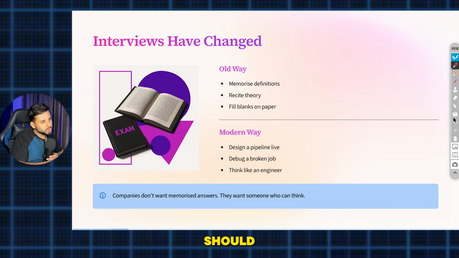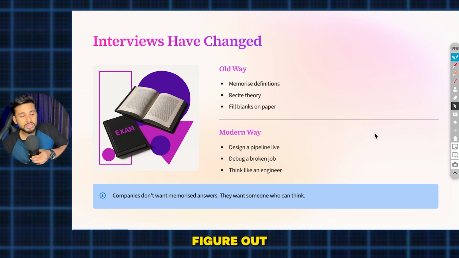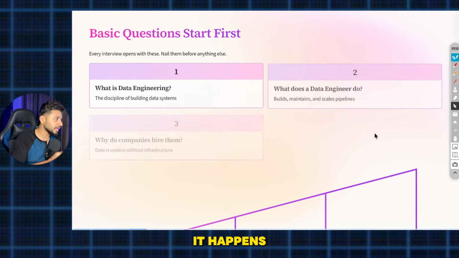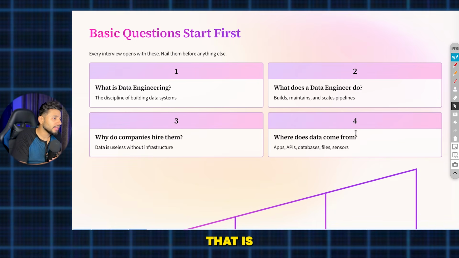So that's why you should not just memorize the syntax. You should not only memorize things, you should also be aware of how exactly these things happen, and what the modern way is to build this thing, how to build that thing, how to build this architecture. If any architecture or any problem is failing, how exactly will I figure out what the problem was, and how do I figure out the solution and deliver it? That is how it happens. That is also very, very important.